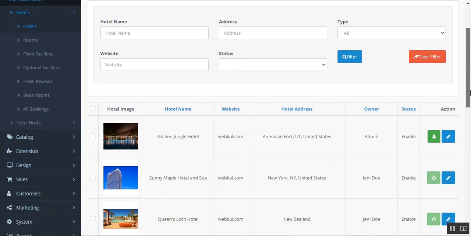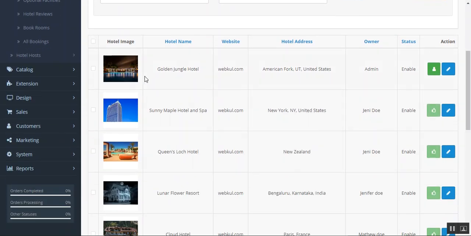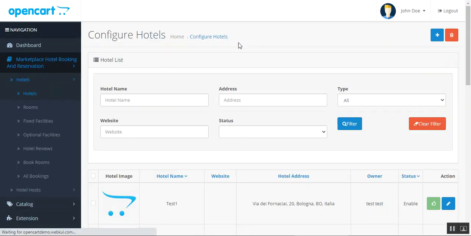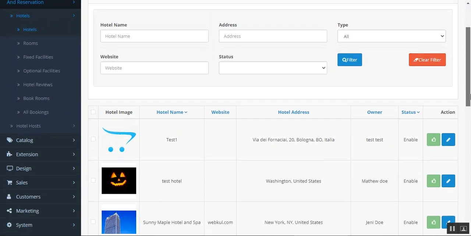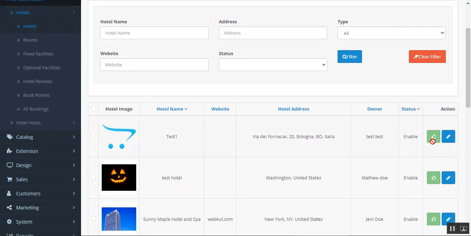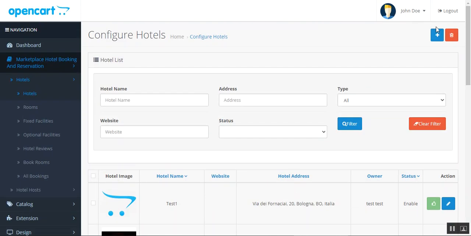Here you can see the complete list of hotels that have been added, with the hotel image, the name of the hotel, the website, the address, the owner, and the status, whether it's enabled or disabled. Here we have an option to approve, or we can also edit any of the hotels. To create a new one, you'll have to tap on the add button, and that brings up